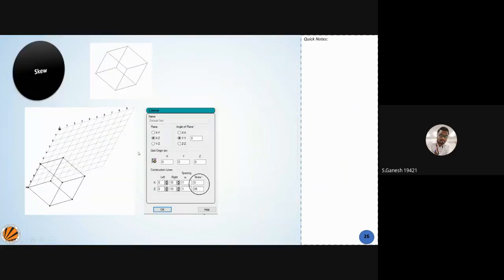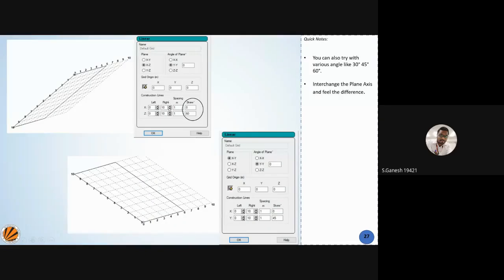I am showing certain examples on the screen, where you can see the skew angle and how you can work with it. When you set the skew angle for Z as 45 degrees, you may get this kind of inclination. You can see a clear inclination here. When you change this axis to 60 degrees or the XY axis, you get your skew angles. These are highly useful for bridge structures, where we can go for it.